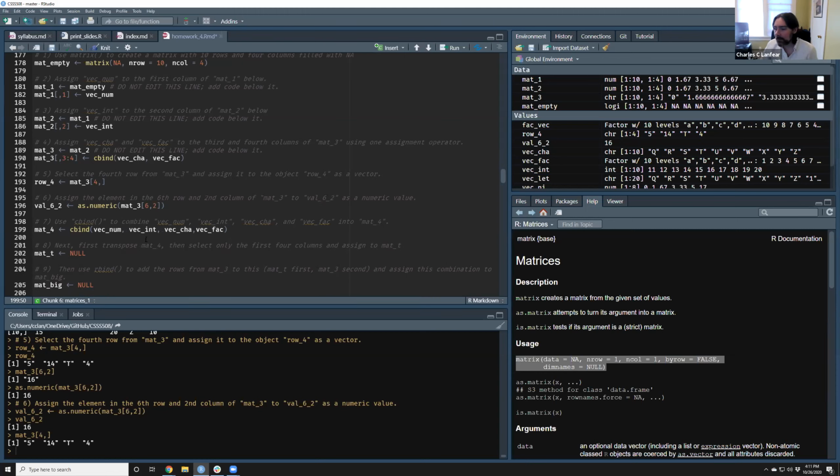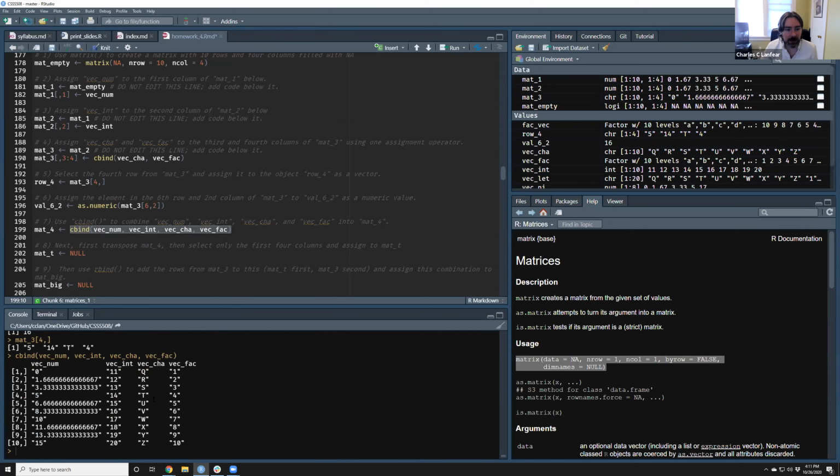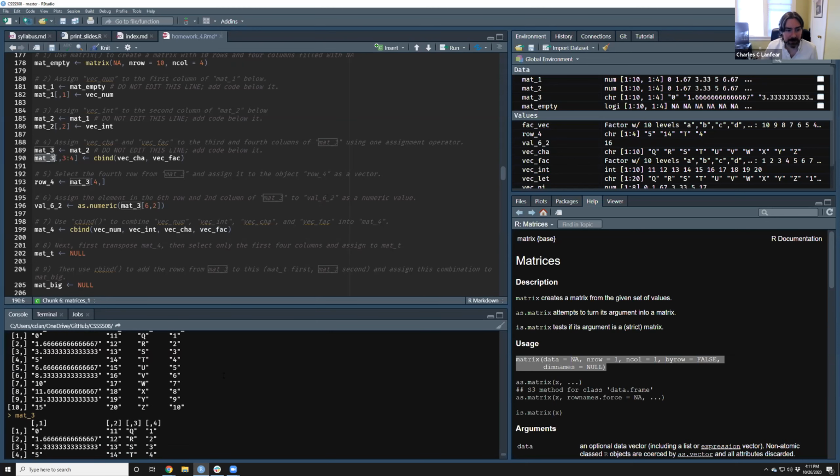Okay? This is something that's kind of neat. So cbind, much like the standard combine command, can take an arbitrary number of objects. I can put as many columns as I want in here, and it's just going to make them columns in a new matrix in order. If I cbind these, I'm going to end up with a matrix that looks like this, which should look familiar. This is exactly what our existing matrix mat3 looks like. Basically, we produce the exact same matrix.